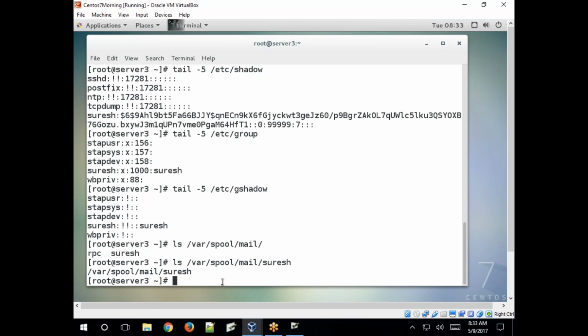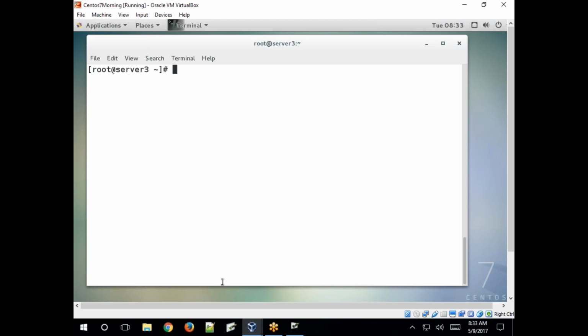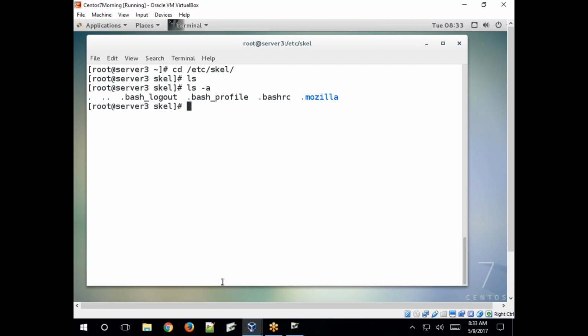That is what we discussed, right? After creating a user, the shell files are copied to the home directory. Already we discussed this, right? So cd /etc/skel, the skeleton directory. There are no visible files. Which files will be copied? The hidden files: .bashrc, .bash_logout. How do you view hidden files in the current working directory? ls -a. These files will be copied.